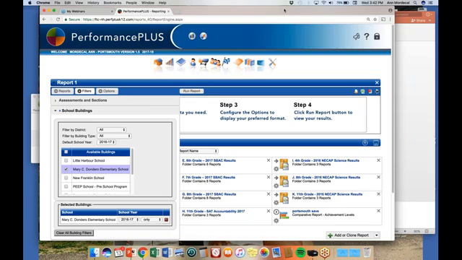If you want to send us what your role is. If you're special ed, you would want to look at student information probably. If you're a classroom teacher and you're 3 through 8, you might want to look at Smarter Balanced results.